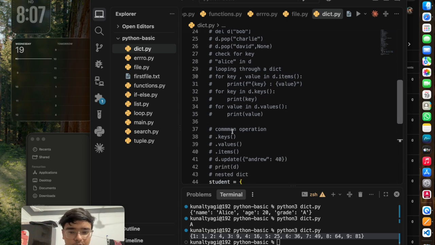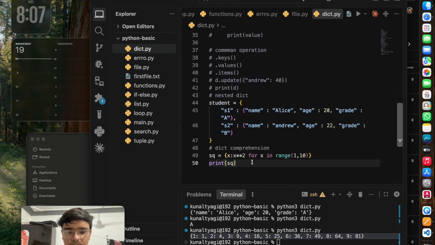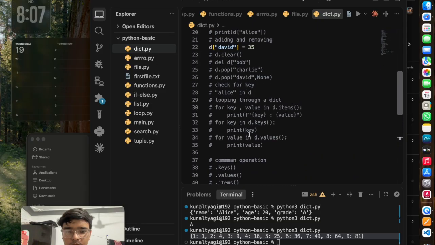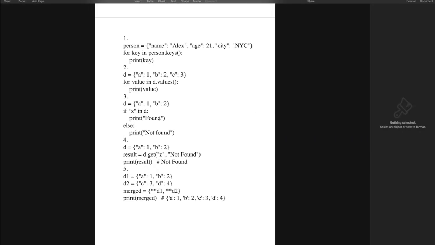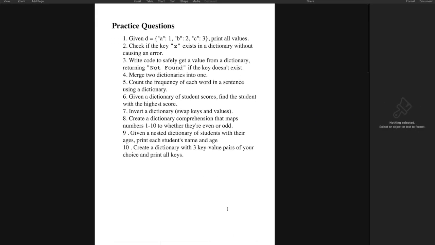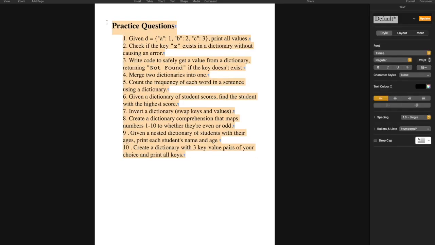Now I will show you some questions. Please give us some time for those questions. After that we will talk about the solution of those questions and a frequency counter. So here are these questions. You're going to see these questions for the next 10 minutes on your screen. If you think you can't solve them right now, just skip for the next 10 minutes.